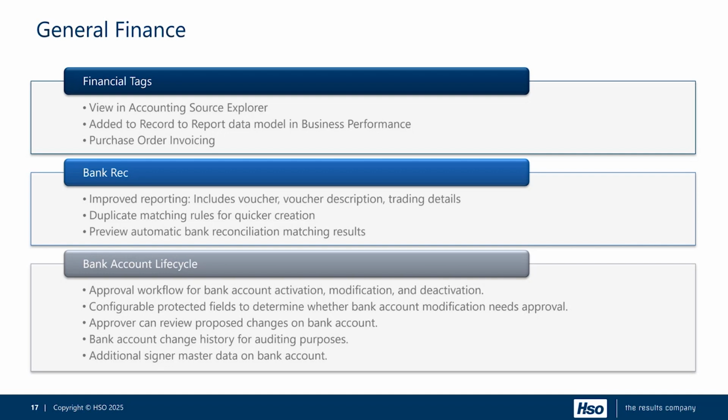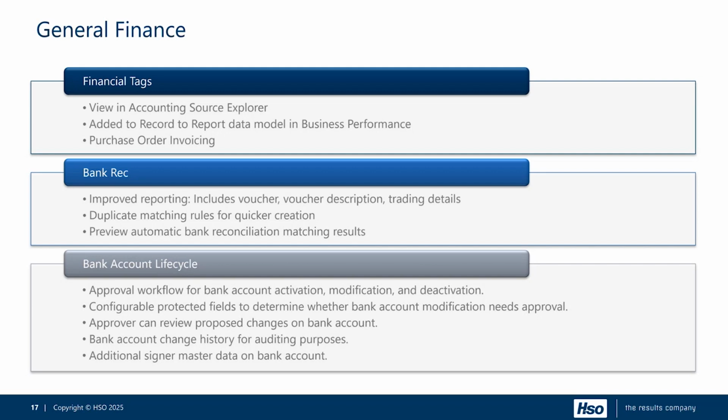And you can select which rules you want to be manually reviewed before posting the results, and those which you just want to automatically go through. So there's a review screen for users to investigate those results, and you can review by exception should you need to. The bank account lifecycle,